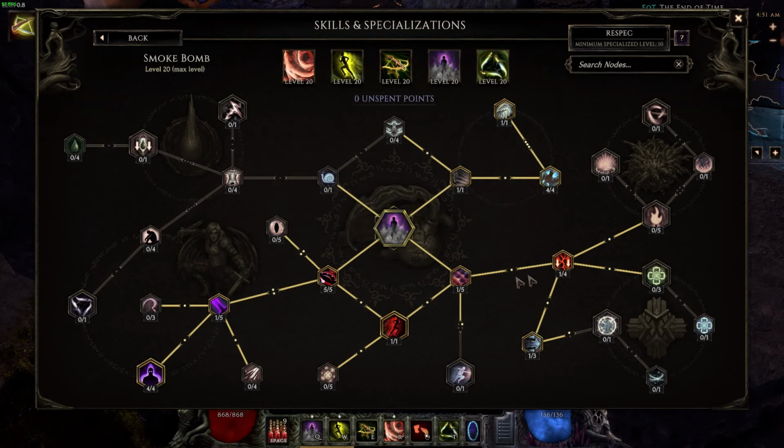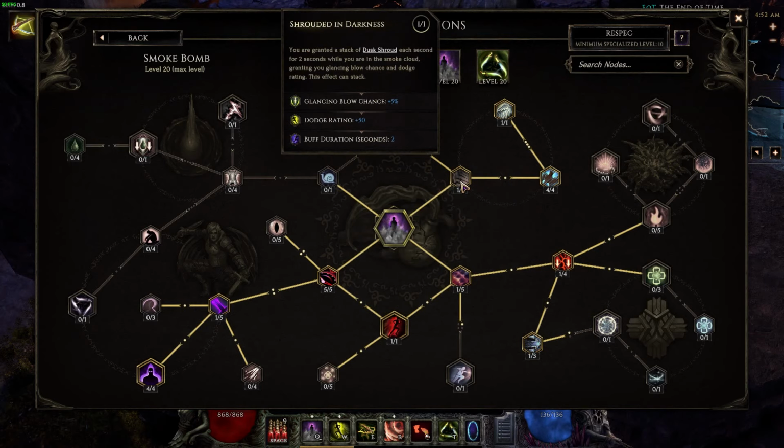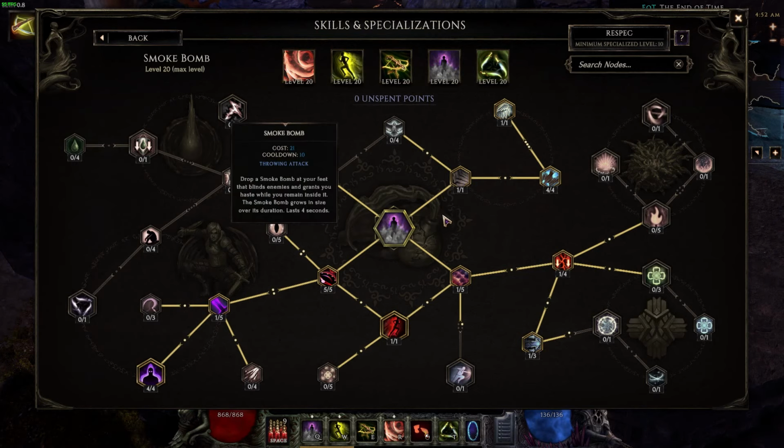We also have 1 point in Generosity and 1 point in Enfeeblement, with our last point in Moonlight Balm for a Silver Shroud stack. So you can get Silver Shroud stack, Dust Shroud, and Crimson Shroud all from this one skill, making it our most defensive skill for us. So definitely a great utility, and it's going to be the source of making shadows so that we can get